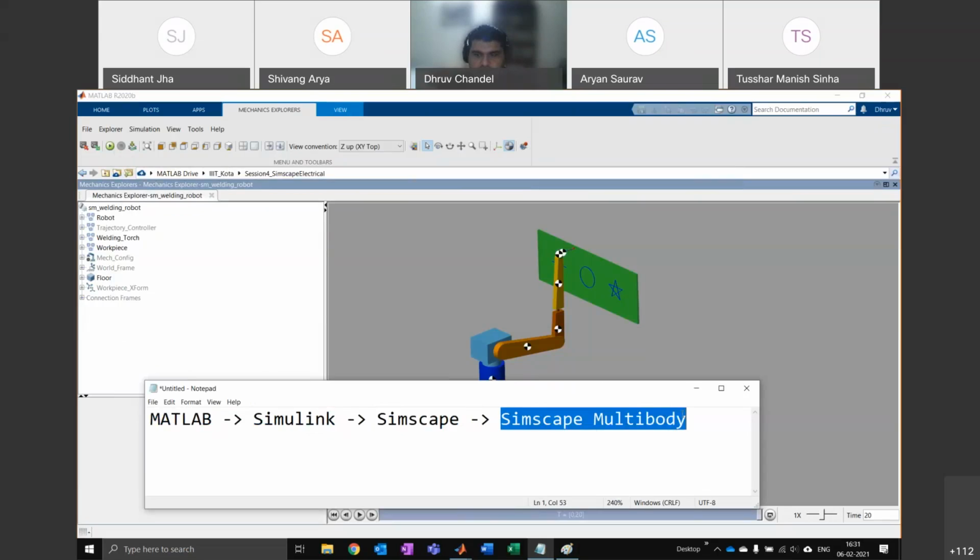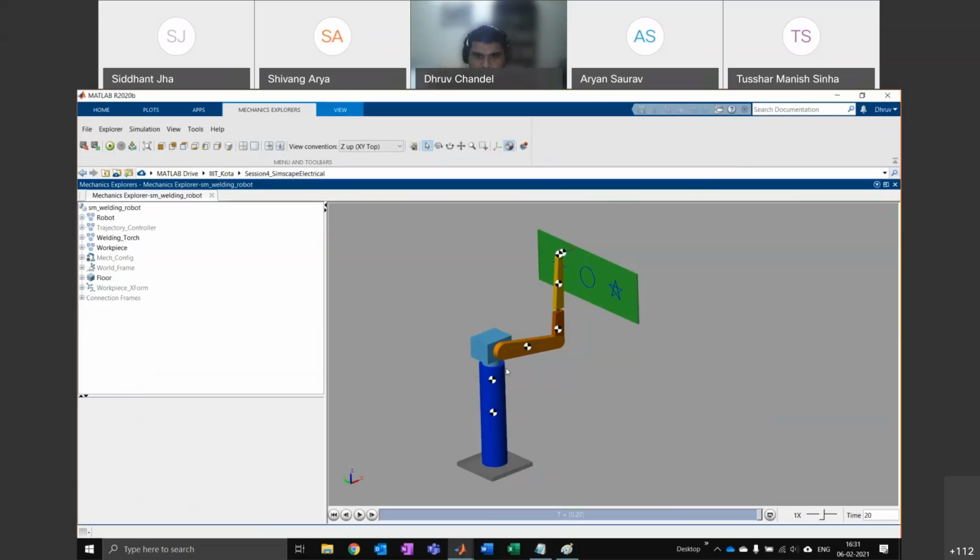For Multibody, there's a little bit of additional complication, because not only do we have the components, all the components move in multiple dimensions. And they also have multiple forces acting on them. And they also have joints. So it becomes a very complex mechanical system from top to bottom. And you also need to know mechanical engineering to assemble this kind of CAD model. Okay.